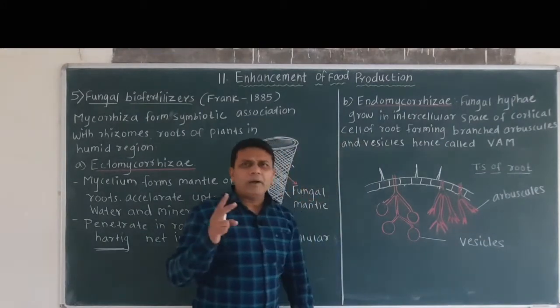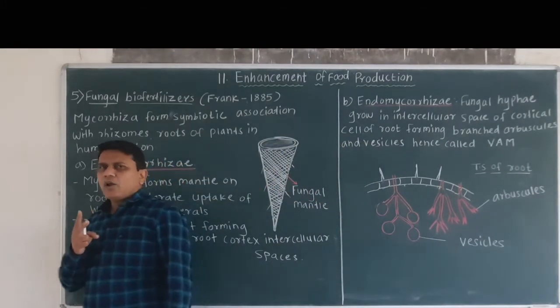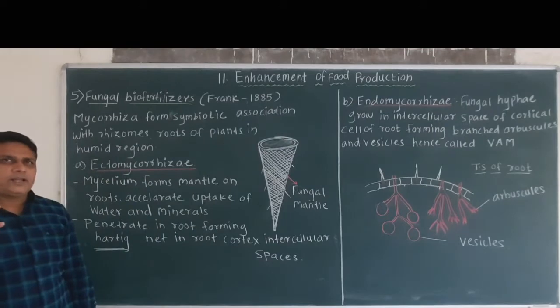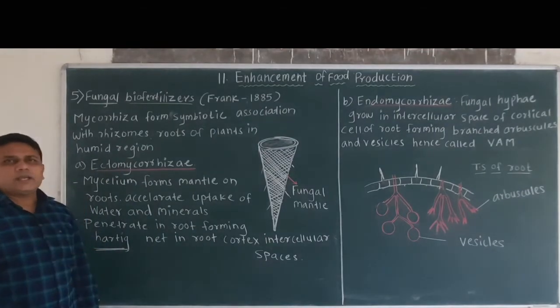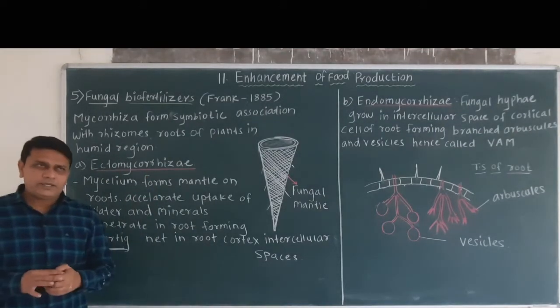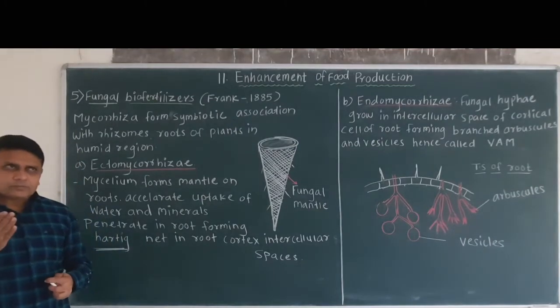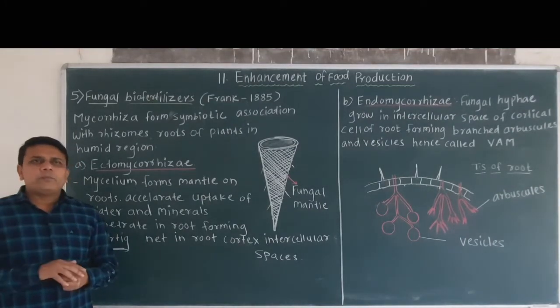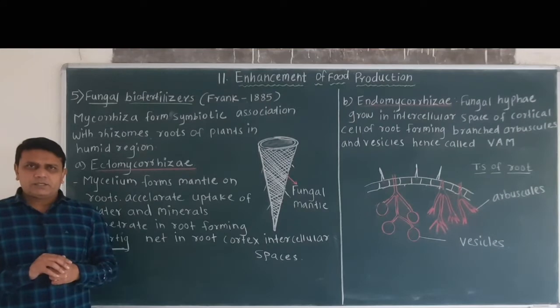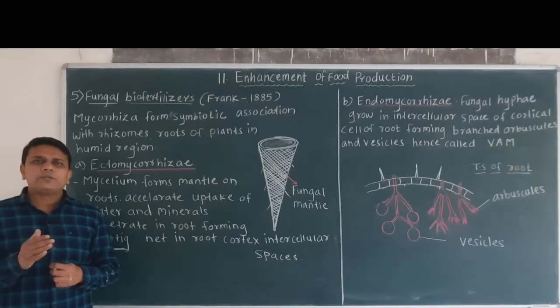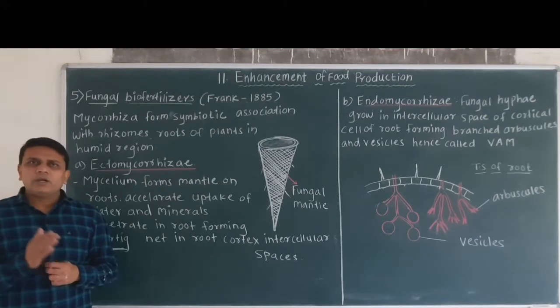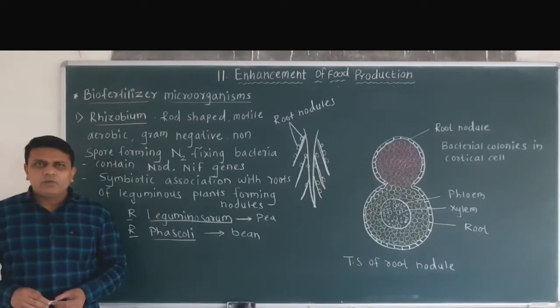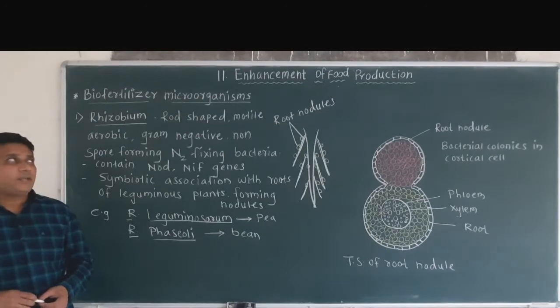So fungal biofertilizers are of two types, that is ectomycorrhizae and endomycorrhizae. Both these types of fungal biofertilizers help in the absorption of water and minerals to the roots. Now we will see the next topic, that is